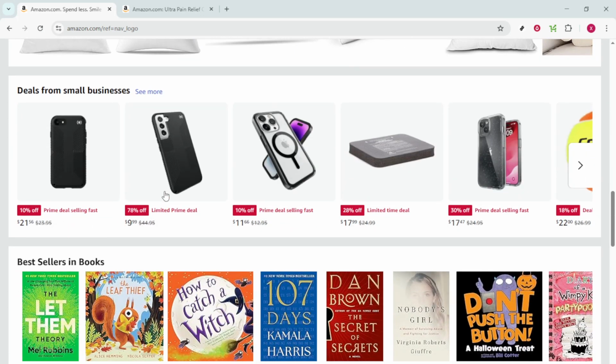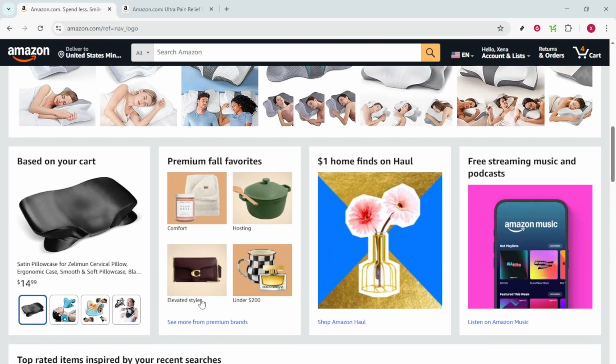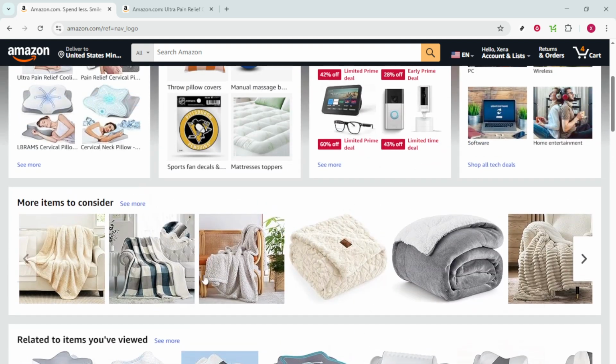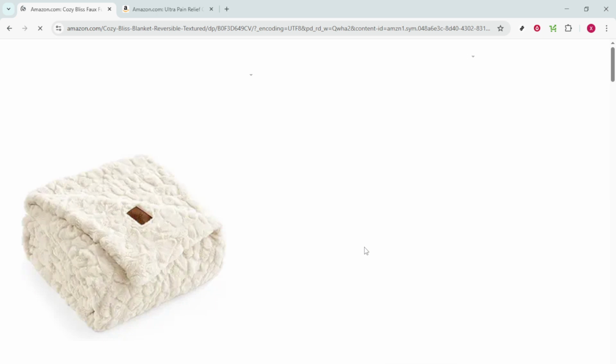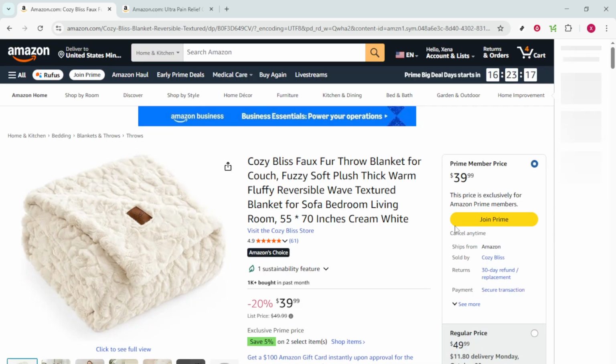Next, let's move on to adding products you wish to compare to your cart. As you browse through Amazon's extensive listings, you'll find the Add to Cart button on each product page. Use it to gather all items you're interested in. Be mindful of choosing products you genuinely want to compare in terms of features, price, reviews, or any criteria important